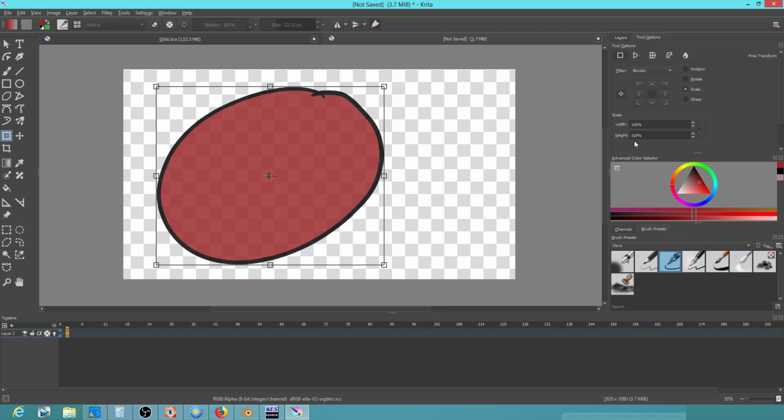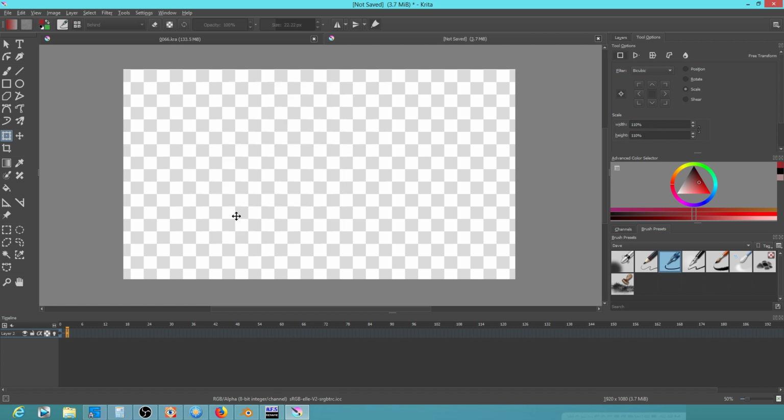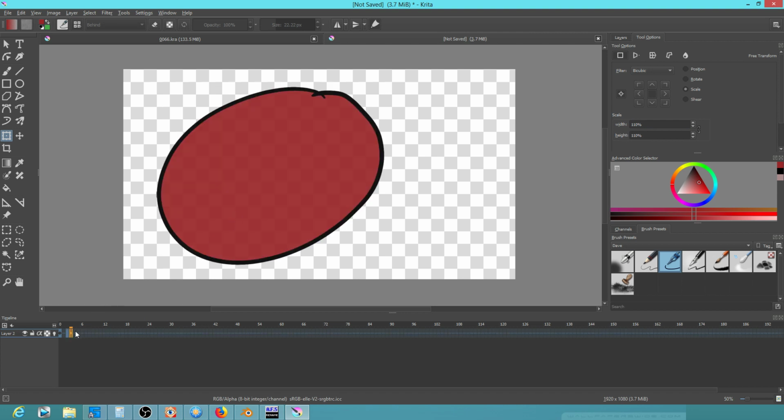Now, I would like to suggest maybe to the developers of Krita that, number one, having the settings be retained between uses would be very, very helpful. And number two, to be able to put plus 10% or plus or minus here would also be quite useful. So, but there it is. So I go 2 frames ahead,